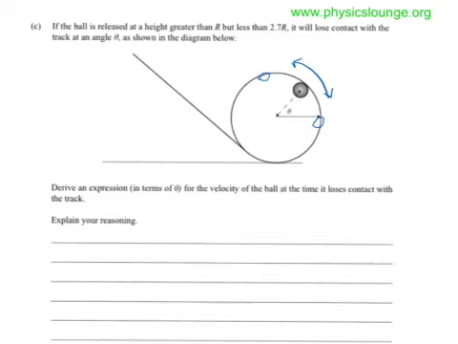We have to derive, moving on down here now, an expression in terms of theta for the velocity of the ball at the time it loses contact with the track, and explain your reasoning. Okay, well, if I'm going to reason this out, I think it's pretty important to draw or to consider the forces involved. I don't know if the energy considerations will help in this because we're not given a specific height,